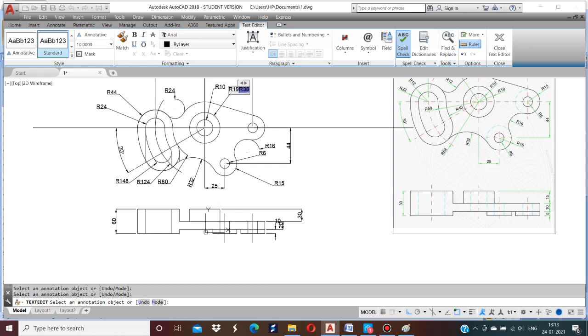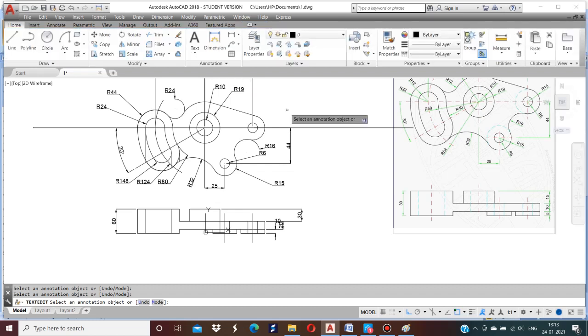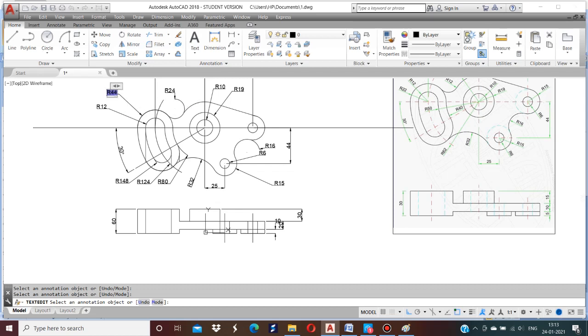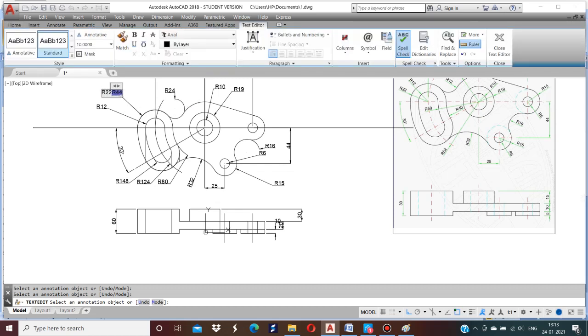Type R19. Here it is. R12. Here it is R22.